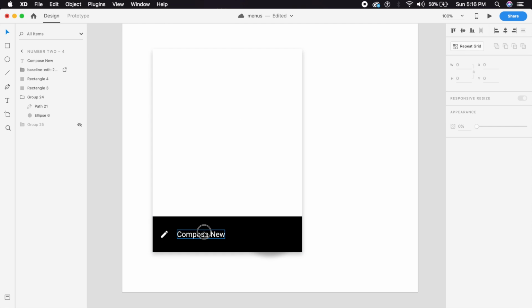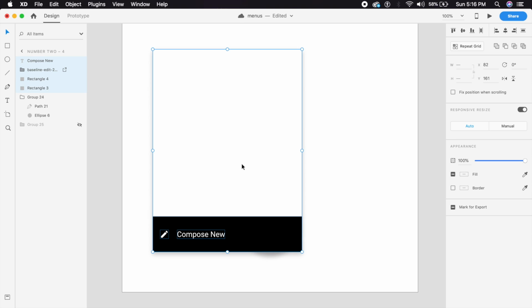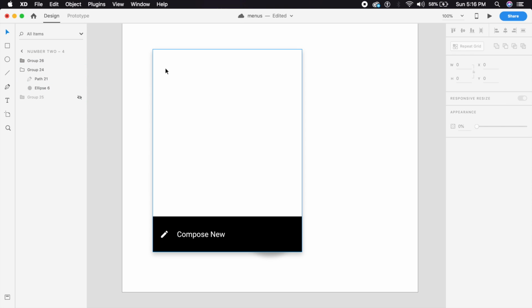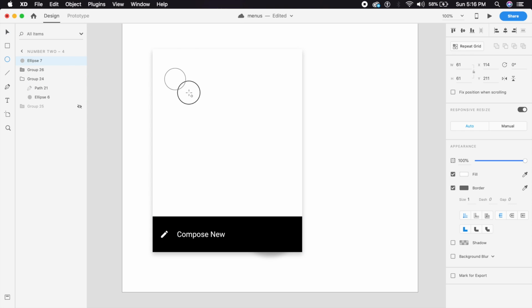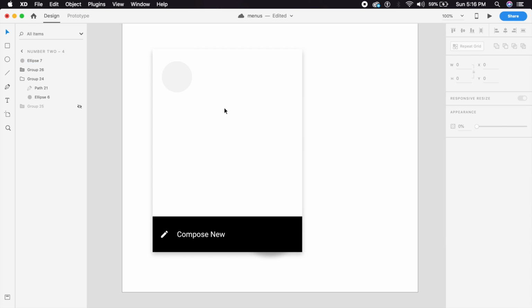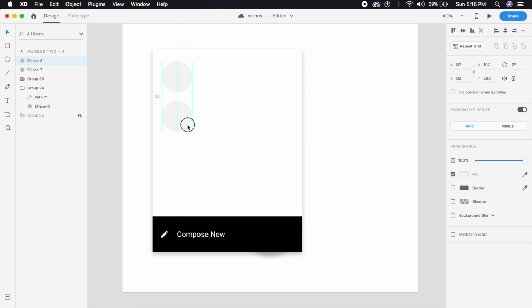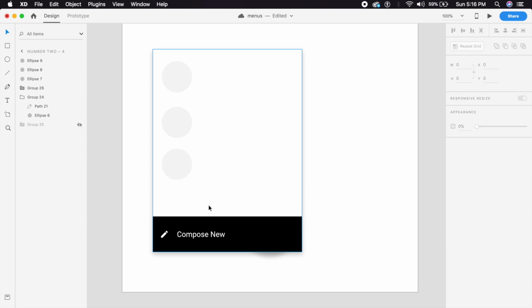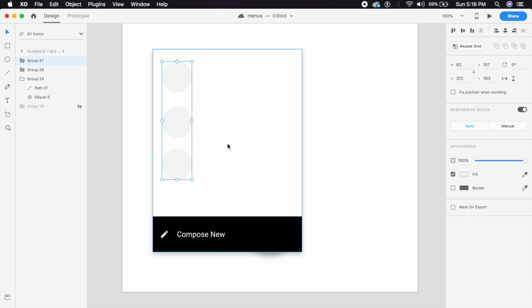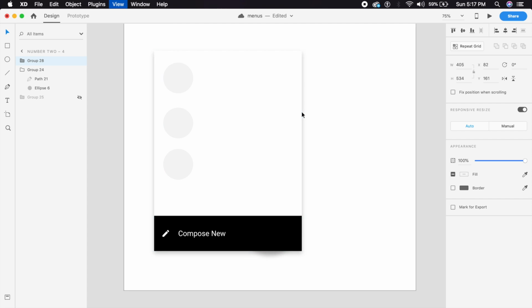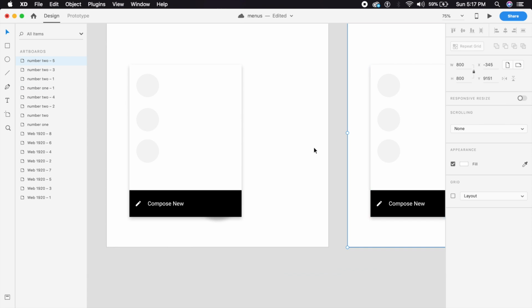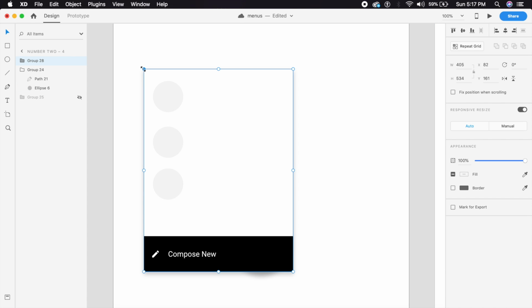And I'll just group everything right here. And just for context, I'll place in circles right here. Perfect. And make sure this is slightly grayed out, just a material grayed out button right here, like an avatar. And place them right here. Perfect. 3 are fine, 3 will go, and just group all of these things together. And let's duplicate this artboard, and on the first artboard we'll make the changes, and we'll just hold shift and